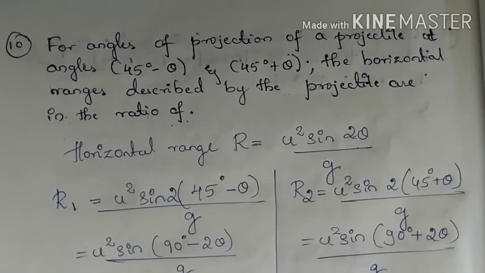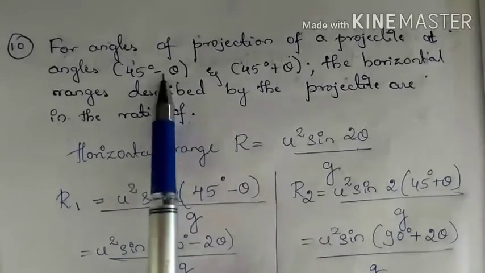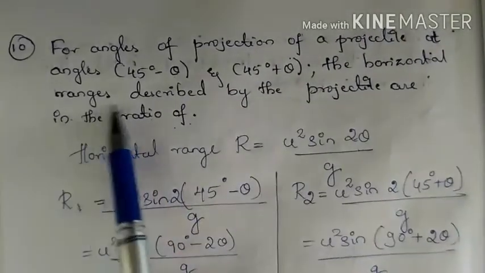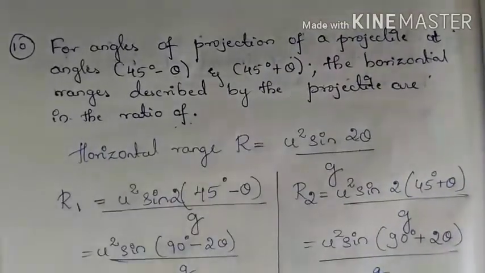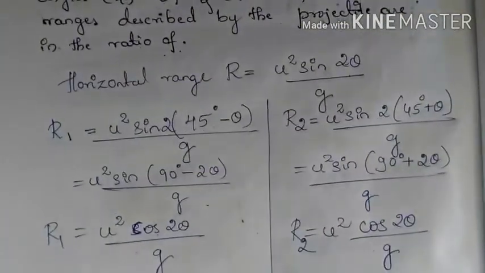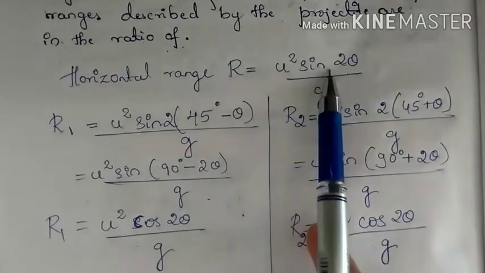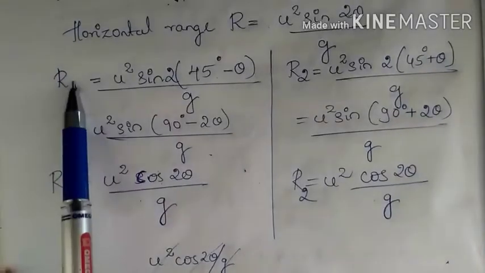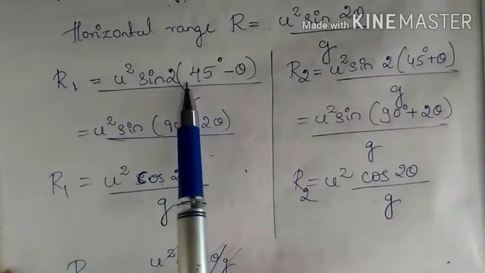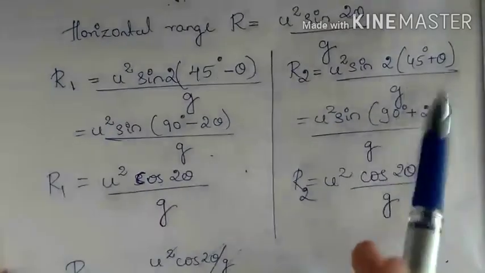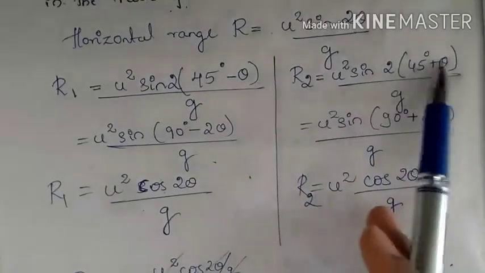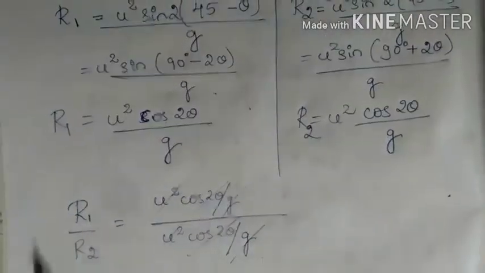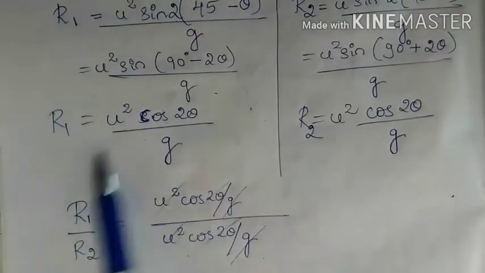So for angles of projection of a projectile at angles 45 degree minus theta and 45 degree plus theta, the horizontal ranges described by the projectile are in the ratio of. So we should know the formula for R. R is u square sin 2 theta by g. Then R1 is u square sin 2 of 45 degree minus theta. R2 is u square sin 2 of 45 degree plus theta. So if you solve this, then you directly get u square cos 2 theta divided by